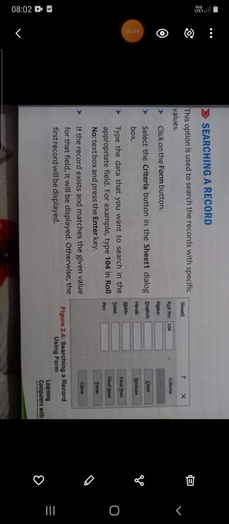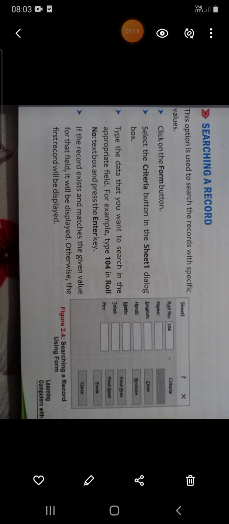For example, in the given example here, in the roll number box, the roll number has been typed, that is 104, and after pressing the enter key we will get all the information of the student having roll number 104, that is his or her name, and the marks obtained by him or her in all the subjects.